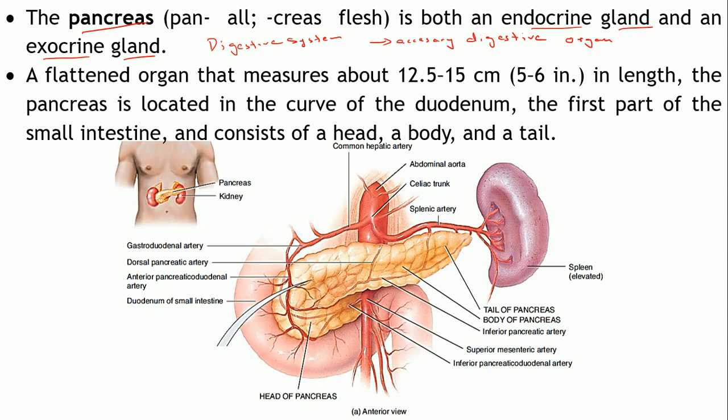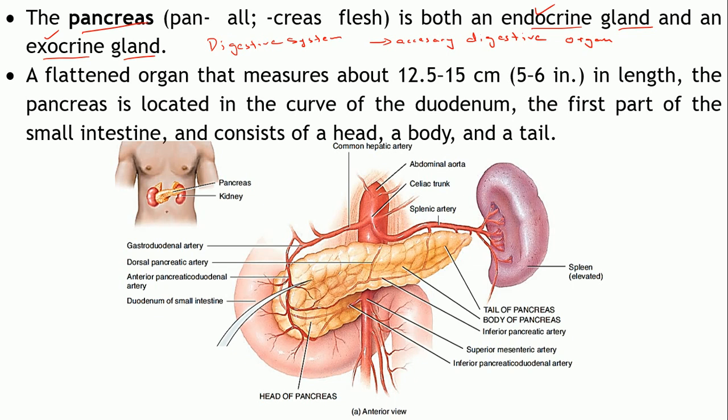So it will produce certain secretions which are released into the duodenum through the ducts, right? So that particular part is called the exocrine part, right? Because it is releasing the secretions in the ducts. So ducts are carrying it to the site of action, whereas the endocrine part comprises certain cells which will produce certain hormones which are released directly into the blood.